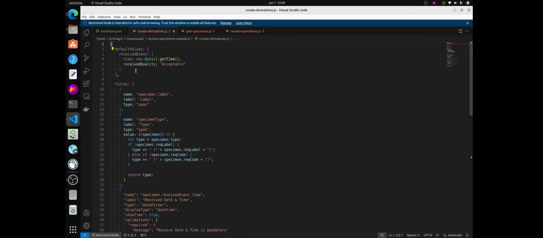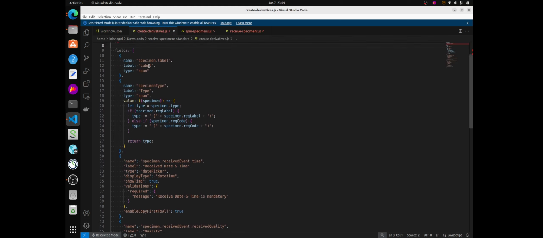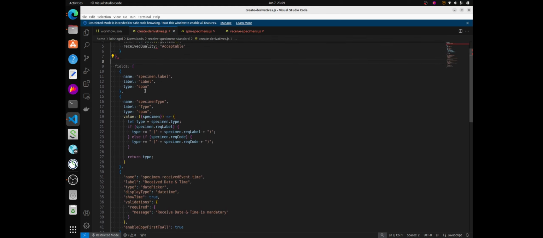So I don't need to default any of this, I just need specimen label. And since I'm going to create a derivative from the parent specimen, I will say I need parent dot label. I don't want to see the type of the parent, so I just remove this whole section,